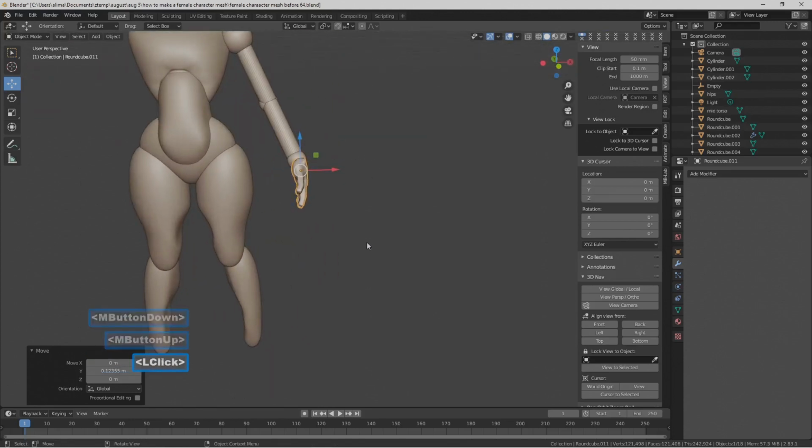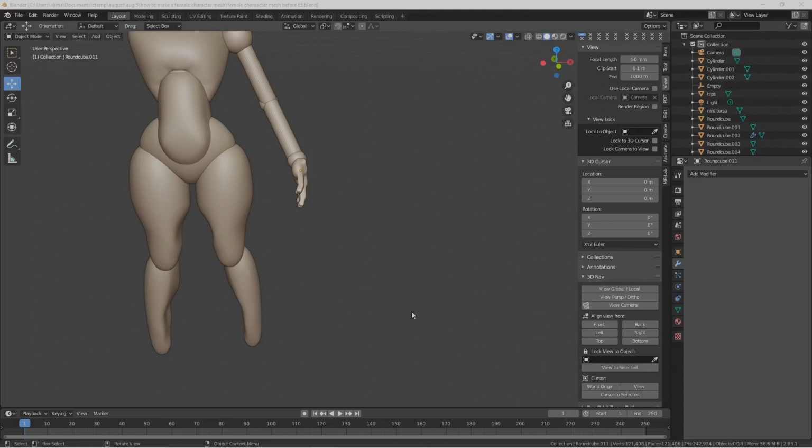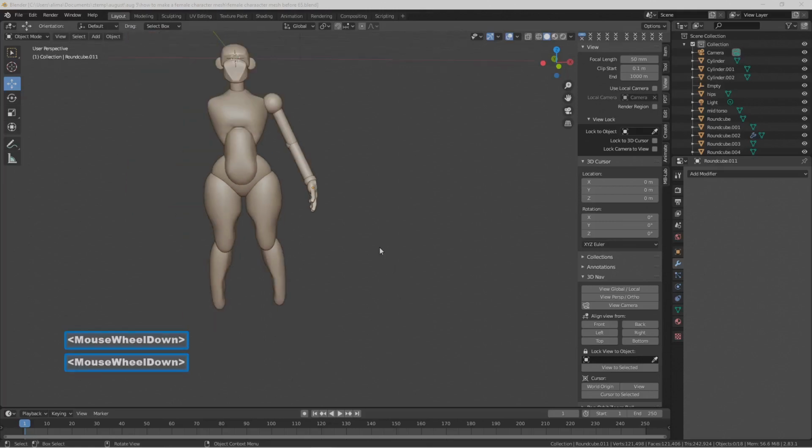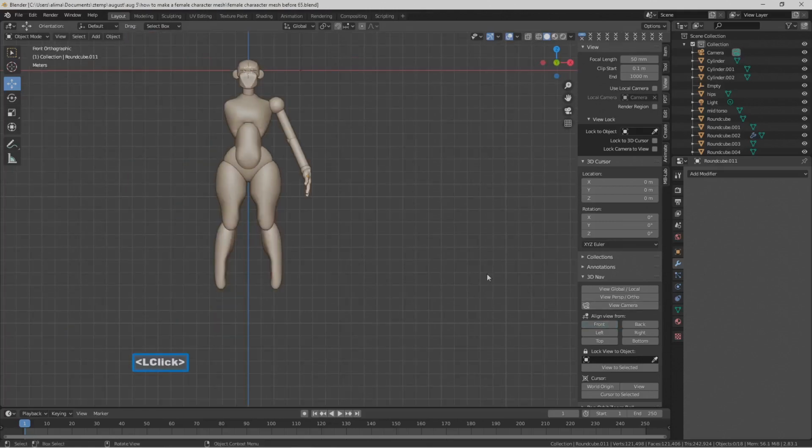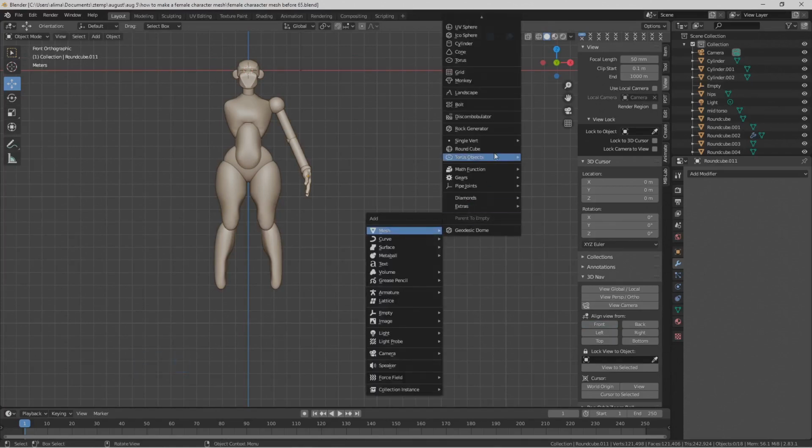I'm going to left click to deselect. There we go. First time it didn't work, second time it did. Okay, we're going to roll the mouse wheel to zoom back. I'm going to select front to go to front view. I'm going to hold shift, press A, go to mesh. Then I'm going to go to